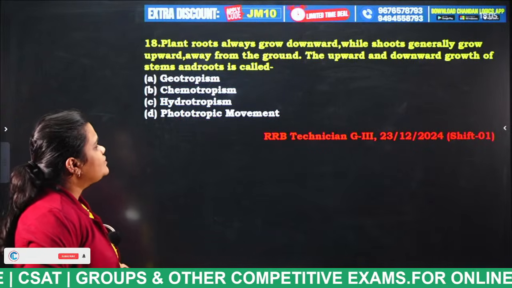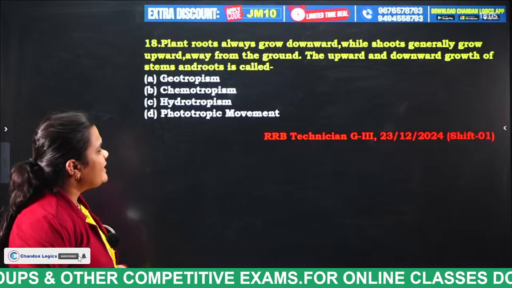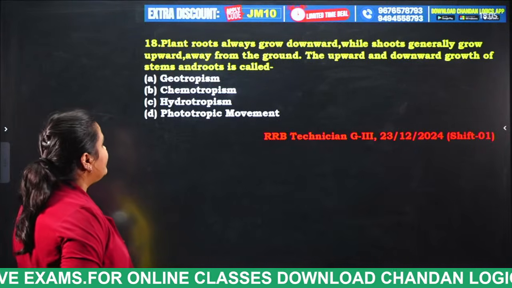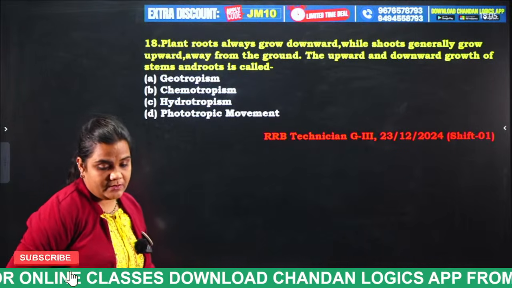Plant roots always grow downwards while shoots generally grow upward, away from the ground. The upward and downward growth of stems and roots is called